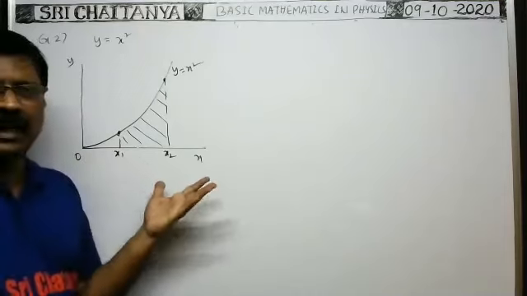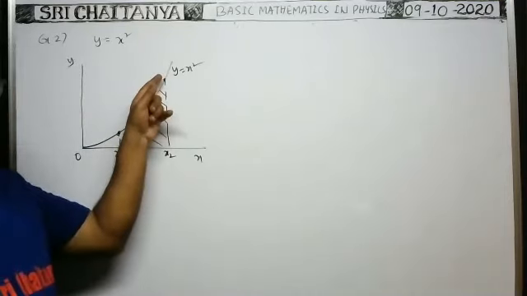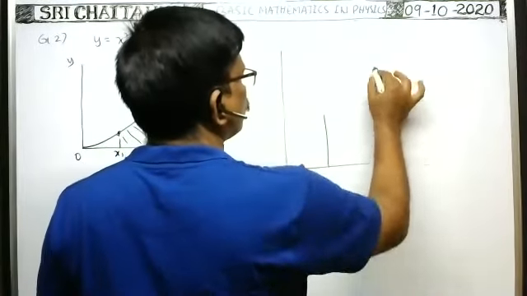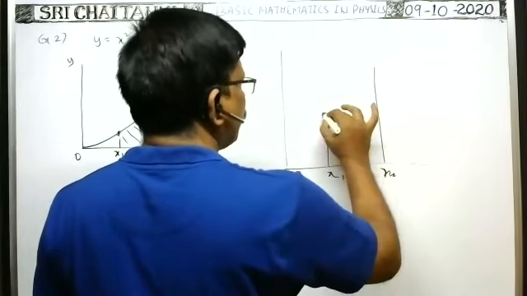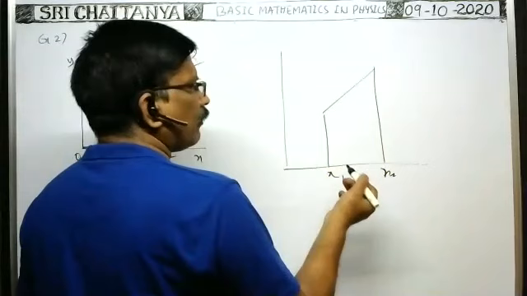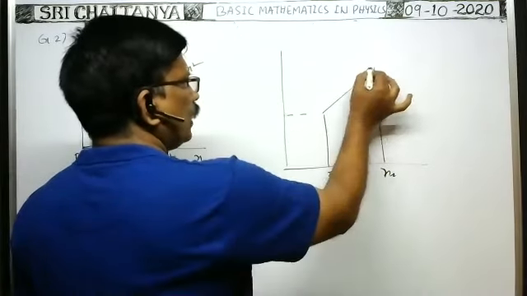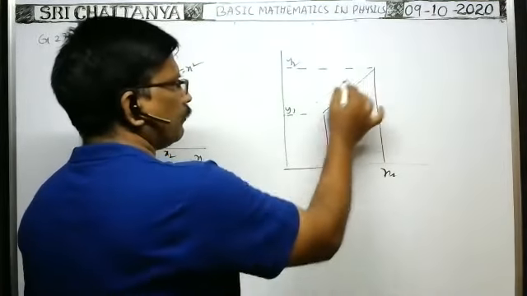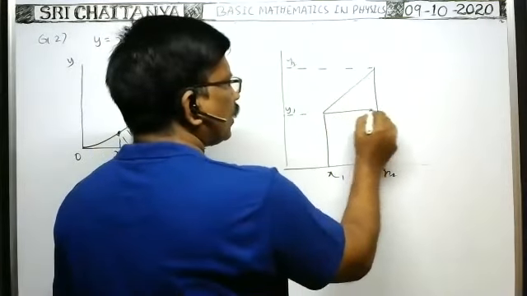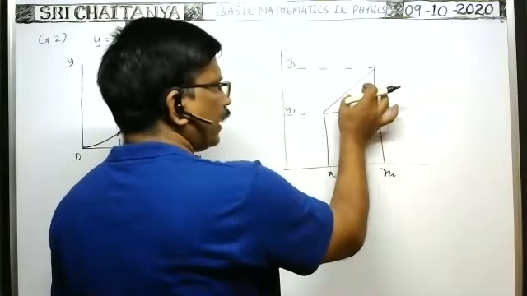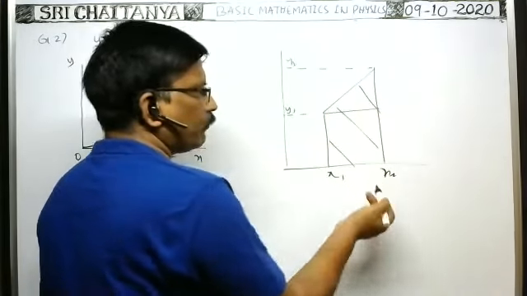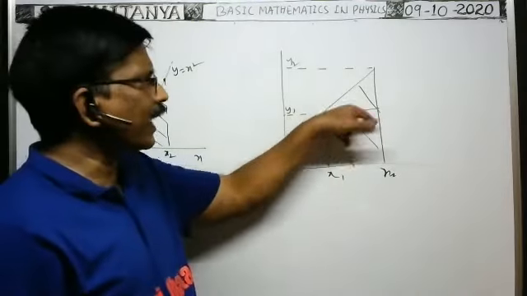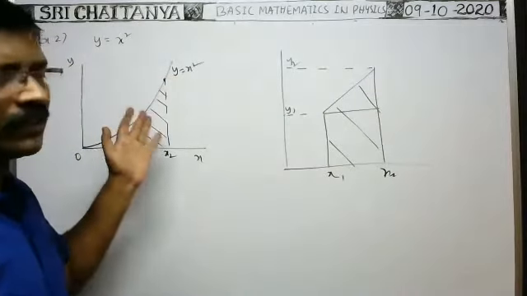So can we find it directly as in the previous case? It is not a straight line. If in between x1 and x2 it is a straight line, then you can find the area under the graph directly because these values are known. If you know these values here, this is y1, this is y2, then the area under the graph is a trapezium, or a combination of a triangle and a rectangle. Area of the triangle plus area of the rectangle gives the area under this entire graph. We can find it directly if it is a straight line, but it is a curve, so it is not a straight line.